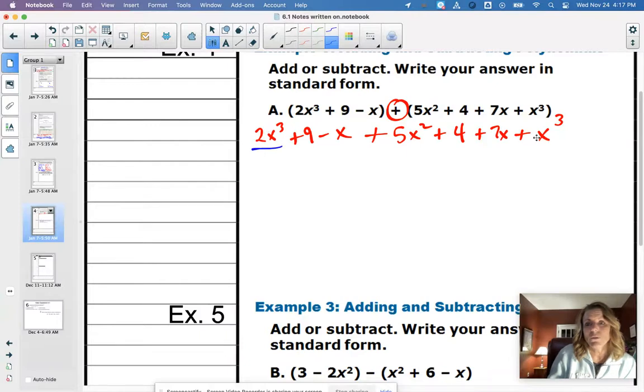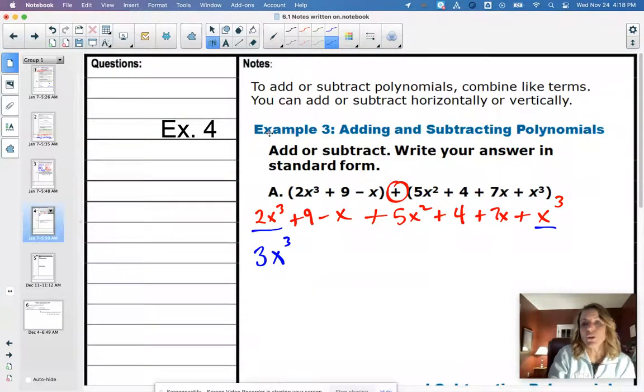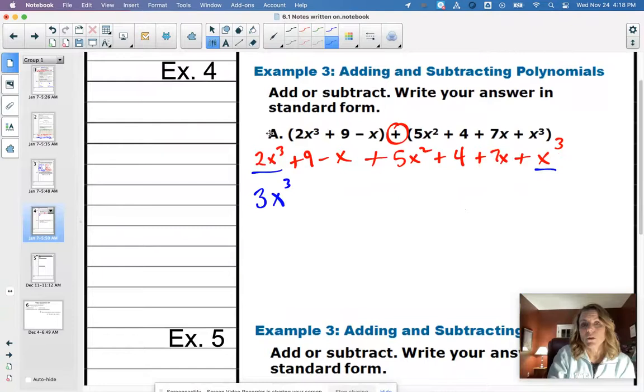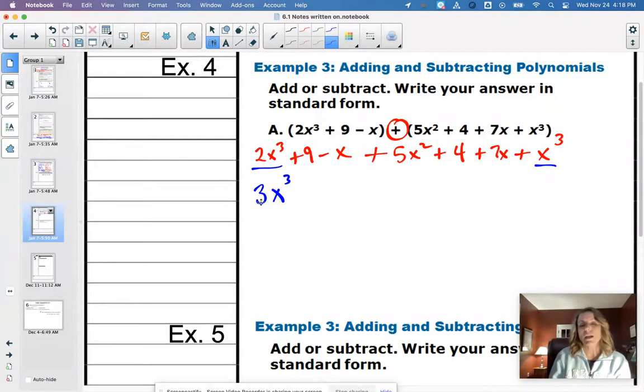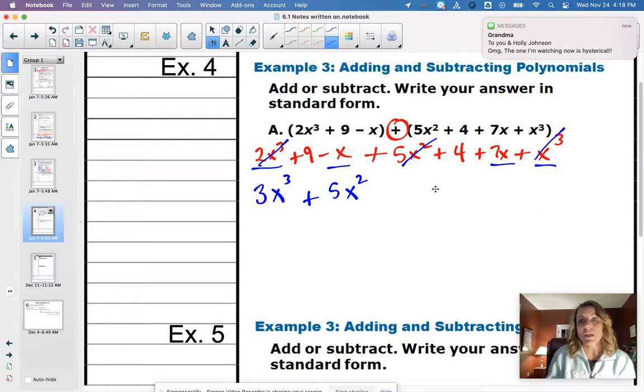We have a cubed, 2x cubed, and x cubed. Well, that is going to be 2x cubed plus 1x cubed is 3x cubed. When we combine like terms, we only add or subtract the numbers in front of the variable. So we took care of that one and we took care of that one. Now we have a 5x squared. Let's see, we have a negative x and a 7x. Negative 1x plus 7x is 6x